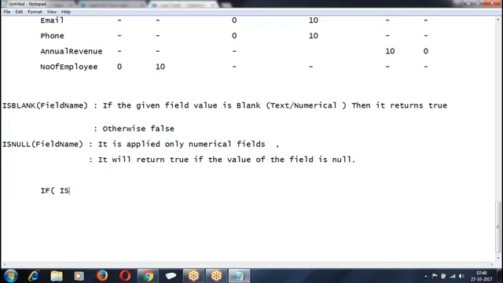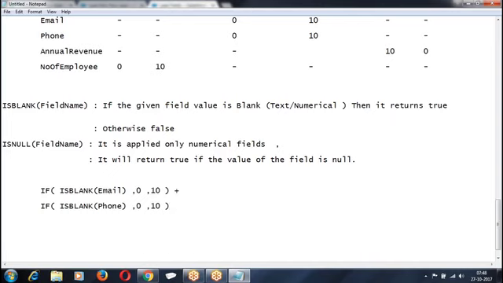If IsBlank of email, then give 0 points. Not blank, give 10 points. That is the first condition. Plus, if IsBlank of phone number, if it is blank, give 0 points. Otherwise, give 10 points. Like this, we are supposed to create the formula.